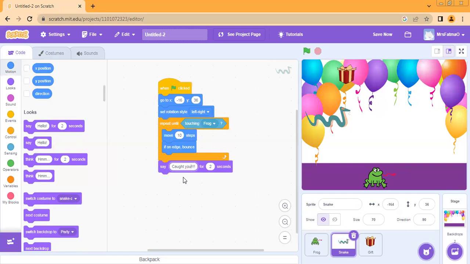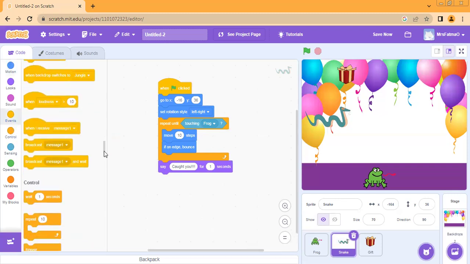I'm having my say outside, as he will be repeating the action of moving until touching the frog. So after he touched, I'm sure he wouldn't be moving. Say, quote you for 2 seconds. I'm gonna make it for 1 second. And when he did so, he will stop the game. So stop all